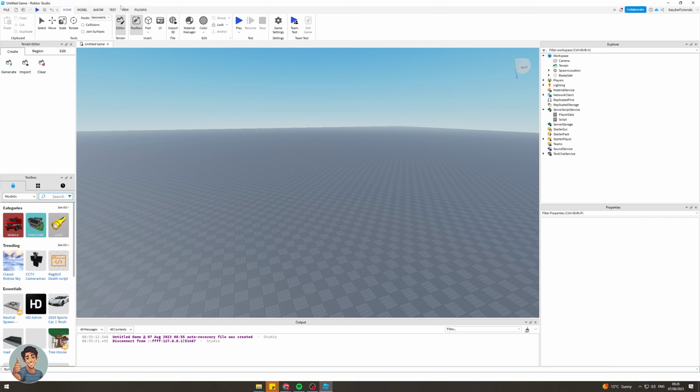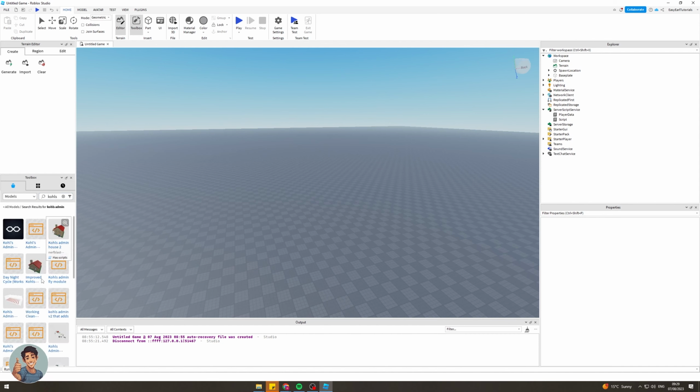Now that we've made sure those are on, we need to go down to the Toolbox, which should be on the bottom left somewhere like this. We need to go to this section here, Marketplace, and make sure we've selected Models. Once we've done that, we need to type in Kohl's Admin, and click on it. There's going to be a ton that pops up,